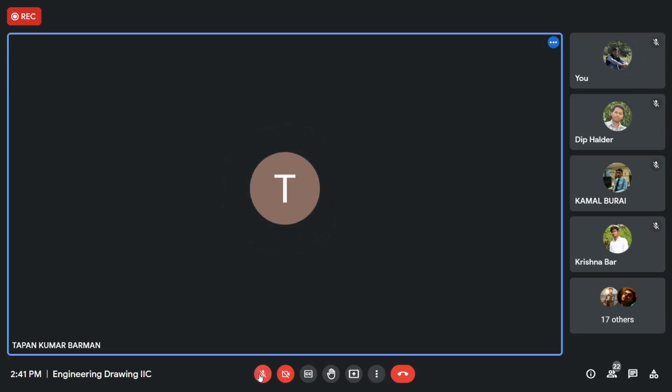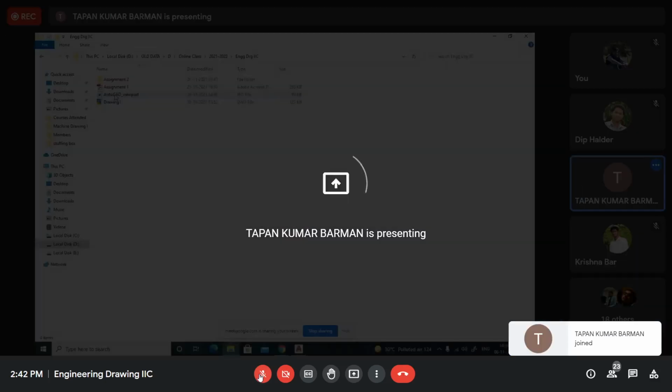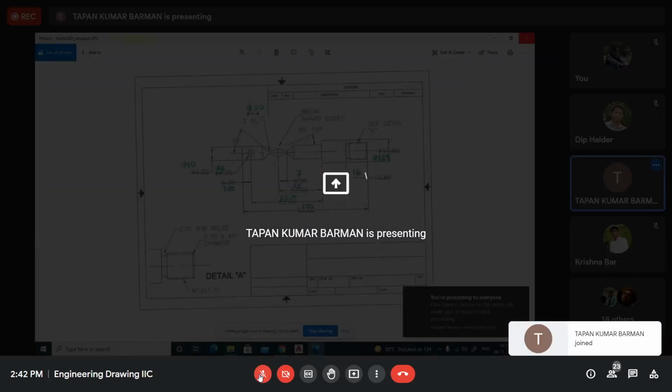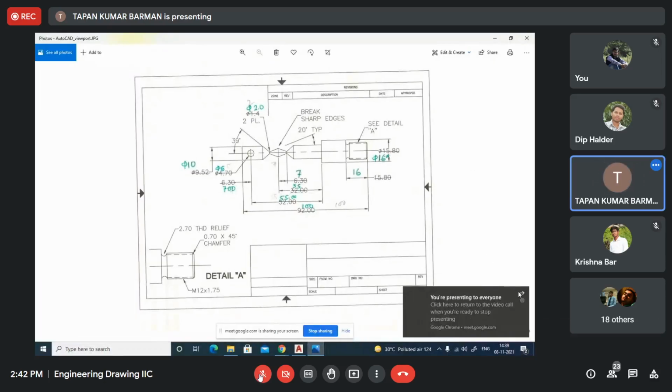Today also we'll work on viewport. We'll take another drawing. Today we'll not make anything new, but we'll use the existing commands and the viewport concept, and we will try to draw that thing. I am sharing the screen with you. Probably you can see the drawing, right? Yes, sir. Okay. So this drawing you have to make.